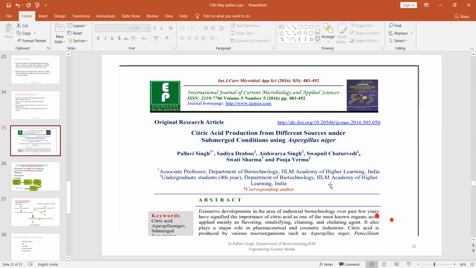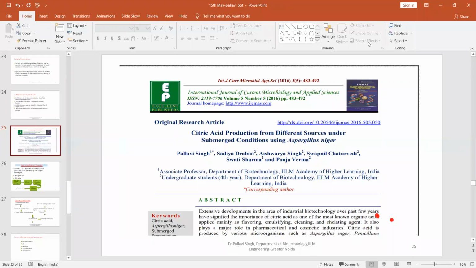So we need to first take the sample from coconut, rotten onion, or rotten potato, and put it on PDB media. Like for E. coli, which is a bacteria, in the previous days we have been discussing that we can use nutrient broth or Luria broth. Similarly, for Aspergillus niger's growth, we need media known as potato dextrose agar or potato dextrose broth. PDB or PDA media can be used. So we had taken these three sources, and let me show you the paper.